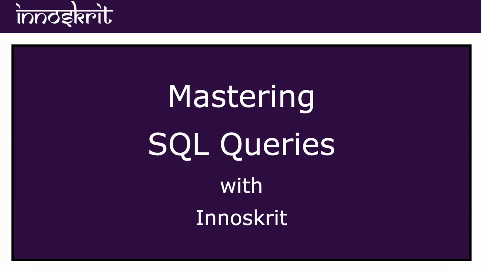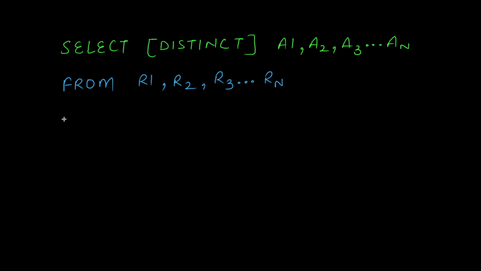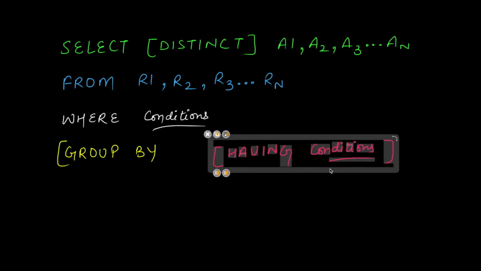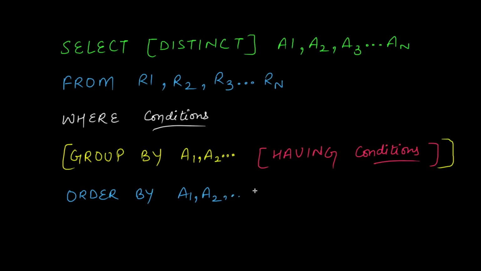So first of all, we will talk about how an SQL query looks like. If I talk about some SQL query, it will look something like this. This is how any query looks like, a very typical query that we usually find. We have a select statement, so we are selecting, let's suppose, a1, a2, a3 up to some columns. Then from, we have multiple relations out of which we are fetching the data. And then we have the where clause, with which we have some conditions. So we can have multiple conditions as well.